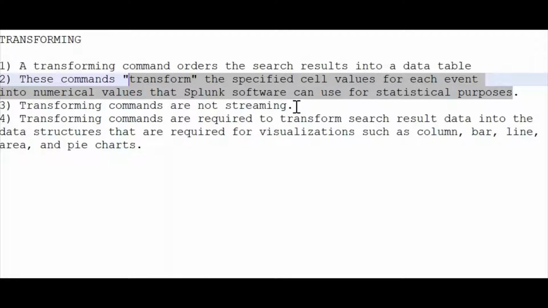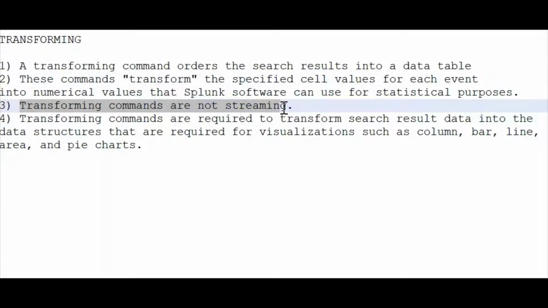After the transforming commands, any statistical functions you need to apply, you can apply through that. Transforming commands are not streaming commands. The streaming and non-streaming commands I will talk about in later videos, so just keep in mind the transforming commands are not streaming.